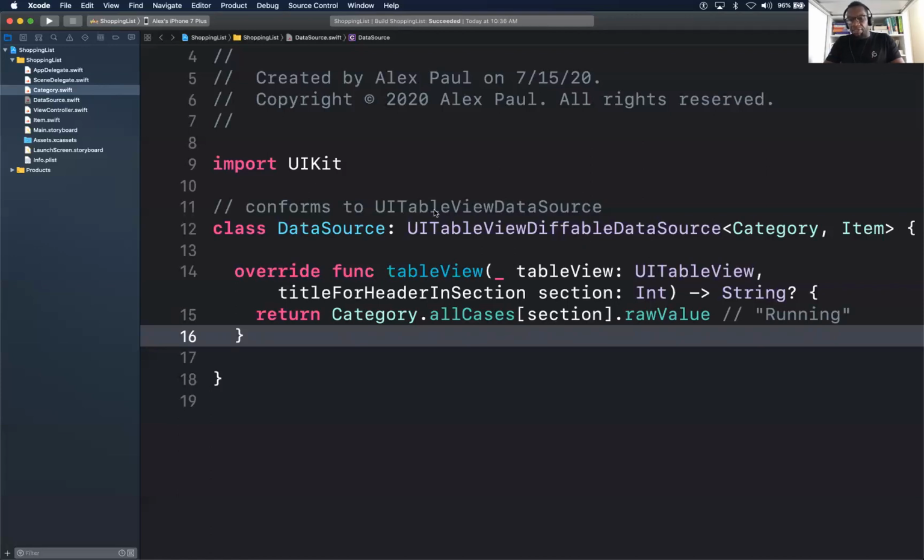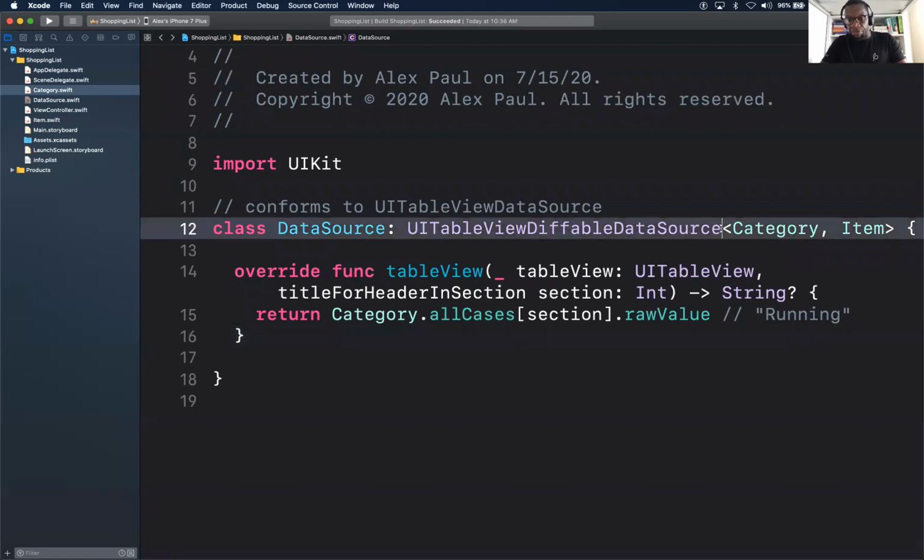But at the end of the day, now this is different from the way we used to do it before with having an extension on our view controller that conforms to UI table view data source. This doesn't just conform to UI table view data source, right? It also has along the way this category and item type as well. So we're just subclassing the entire data source, and now we could just use it in our view controller as the type data source, which you'll see later. Because what we did 2 days ago was when we configured our data source, remember we had to include that entire line here, correct?